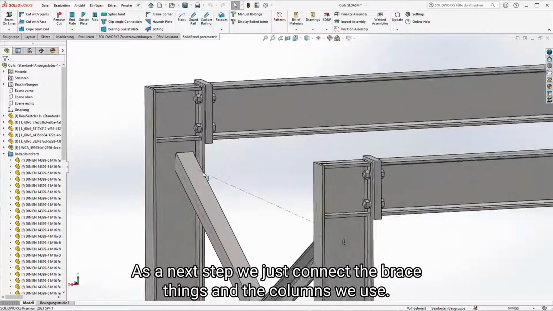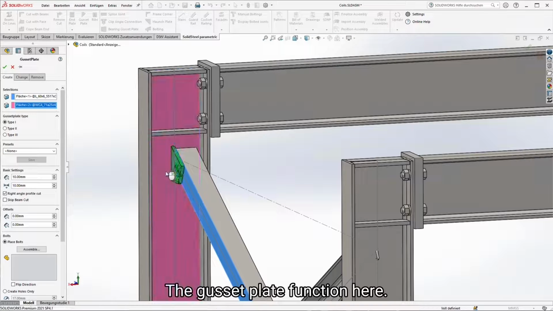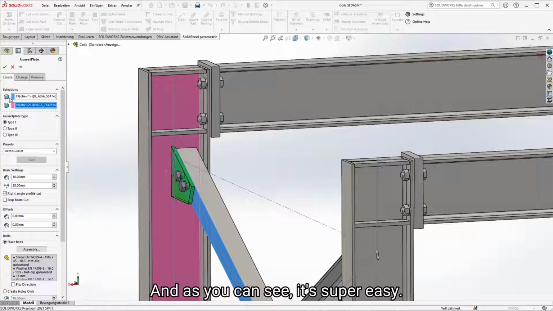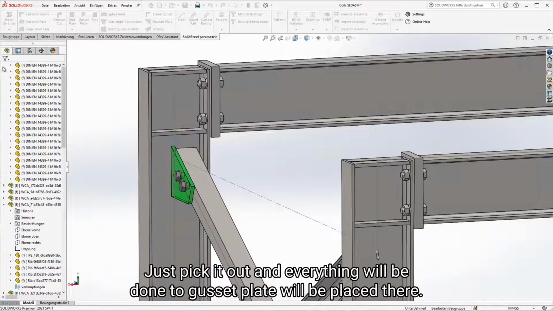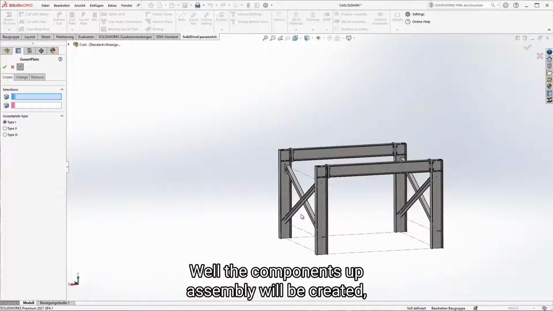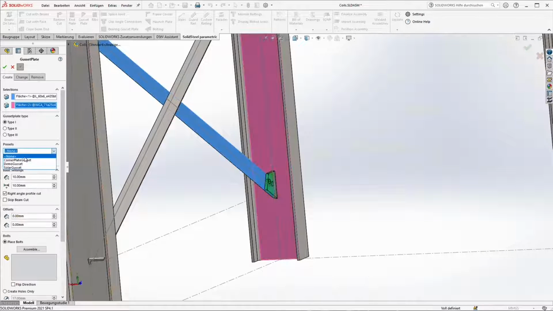As a next step, we connect the bracings and the columns. We use the gusset plate function here. I already stored one in my presets, and as you can see, it's super easy. Just pick it out and everything will be done. The gusset plate will be placed, the welded component subassembly will be created, the bore holes will be created, and of course the bolts, nuts and washers.